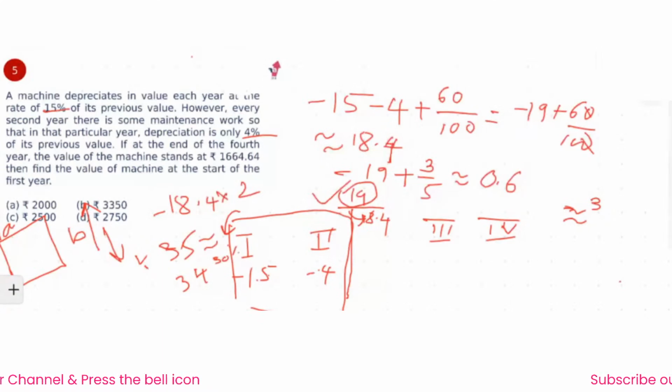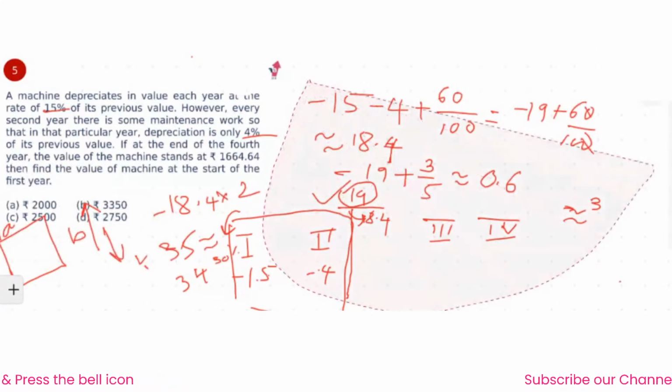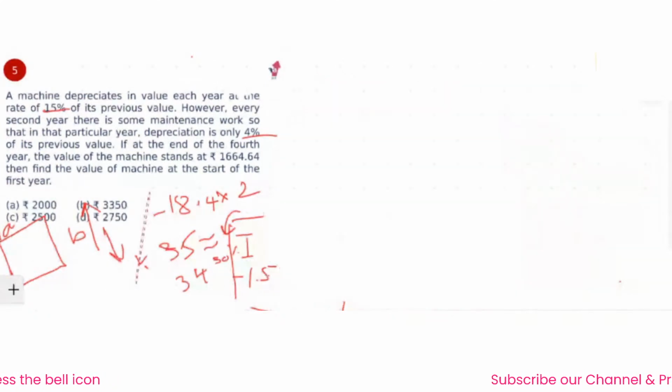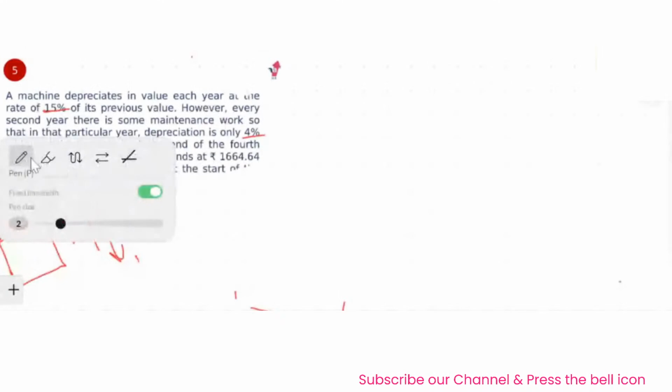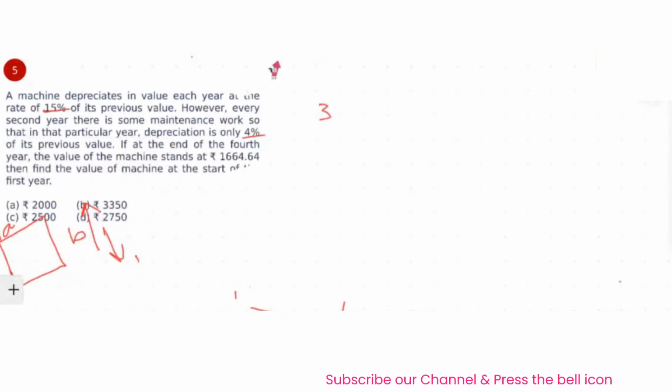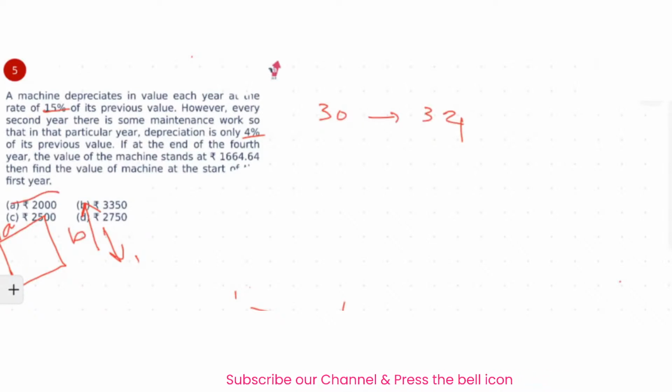So what I'm trying to tell you is, instead of going into these calculations, use some logic: as there is a two-step change of 36%, the value is going to be somewhere between 30% to 34%. So if you consider the first option, that cannot be the answer, because